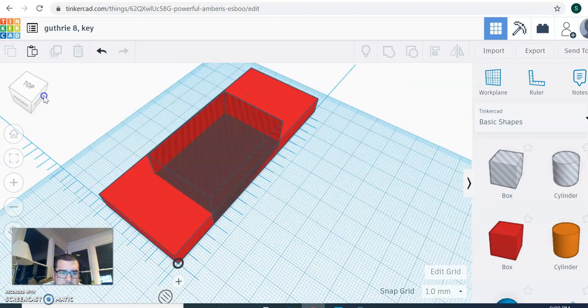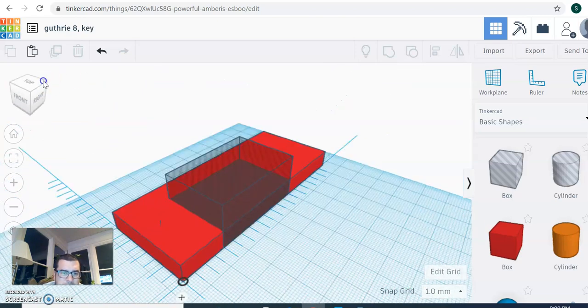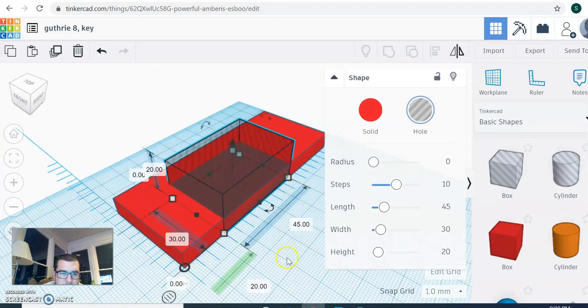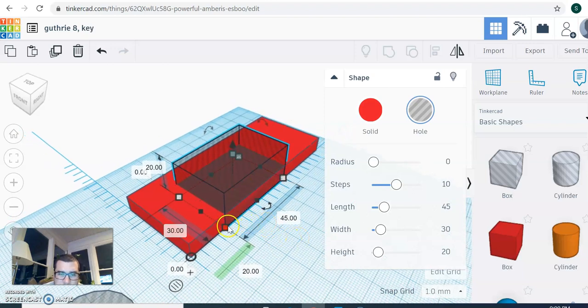So if you click any of the objects on the screen, for instance, let's say we click our hollow box, all these lines pop up. So we know the hollow box is 45mm long. We know it is 20mm tall. It's 30 this way, but we also see right here, oops, that it is 20mm from this point to this